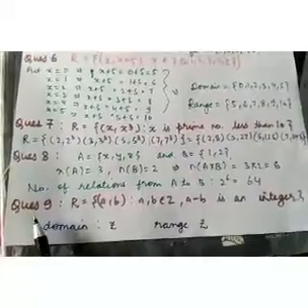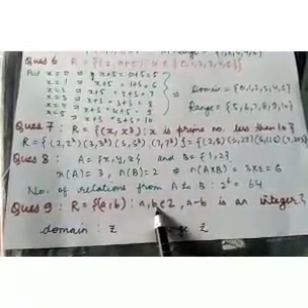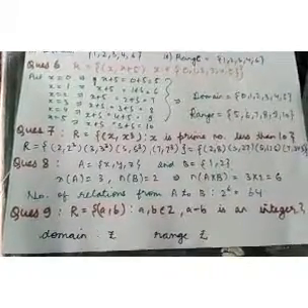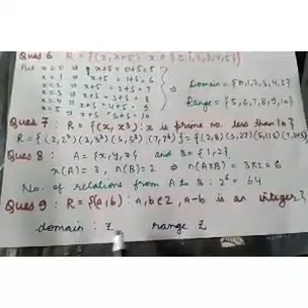Now the last question of this exercise, we have been given the relation R equals the set of ordered pairs (a, b) such that a, b belongs to Z and a minus b is an integer. Clearly, if a and b are integers, we know that their difference is also going to be an integer. Like you can take a, b as 4, 5 or minus 4, 5 or 4, minus 5, or both of them can be negative like minus 4, minus 5. In all these cases, the difference is going to be an integer. Therefore, the domain is also integers and the range of this is also integers. That is, both are integers.